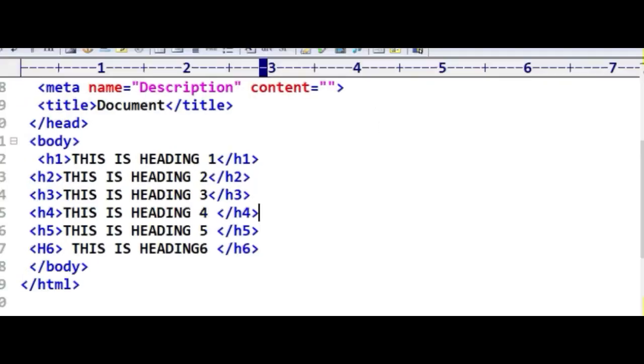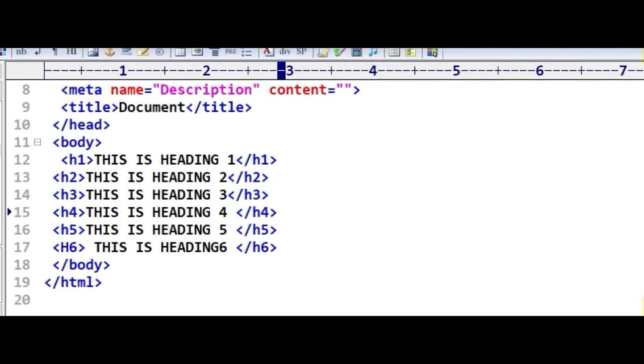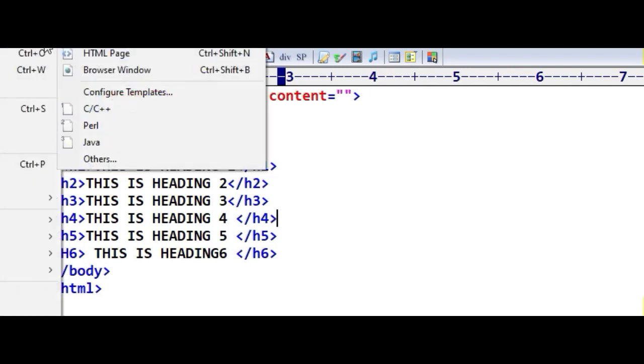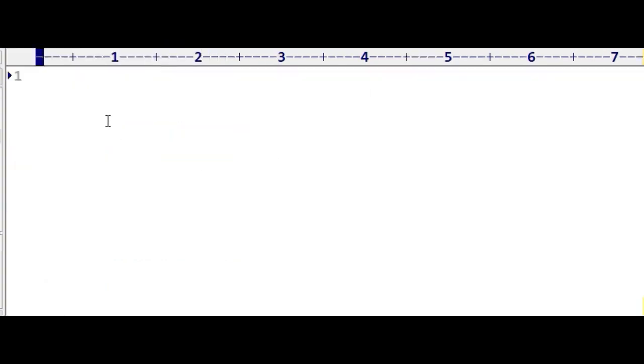And we have to make one more file here, that is normal.txt file. In this file we have to declare about the heading. For example, I want to color h1 as red, so I have to save it also.